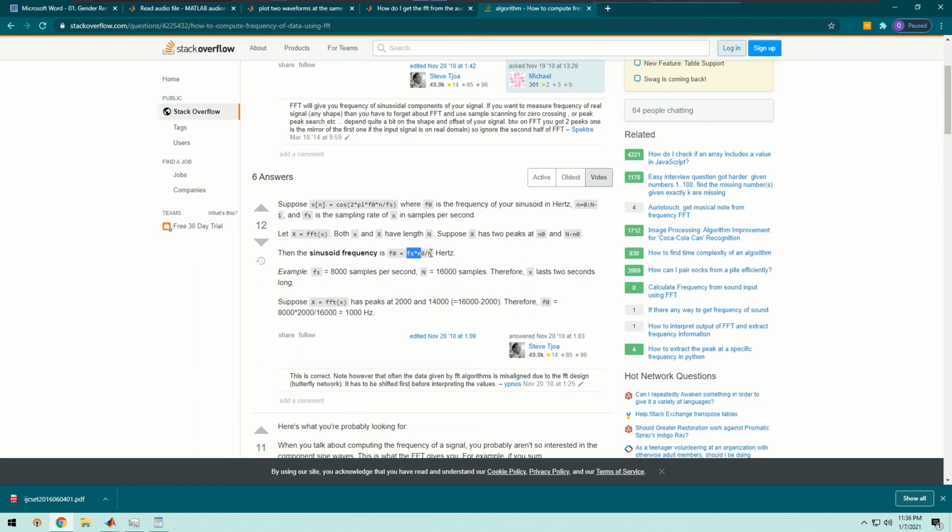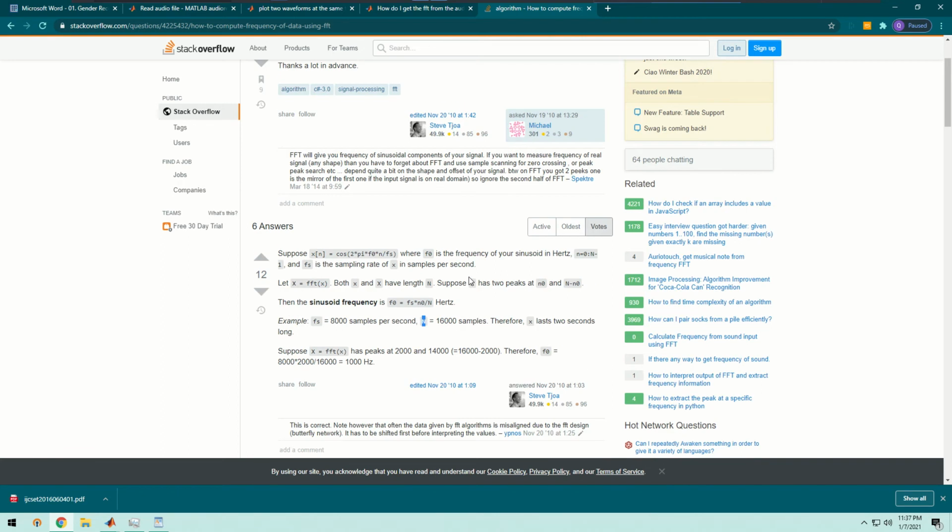Fs multiplied with n0 divided by big N, right? So for example, if the frequency is 8,000 samples per second, and big N, the number of samples, is 16,000, and that means